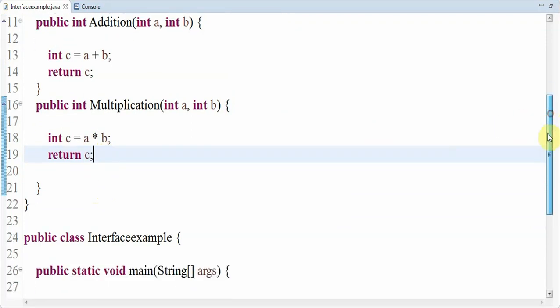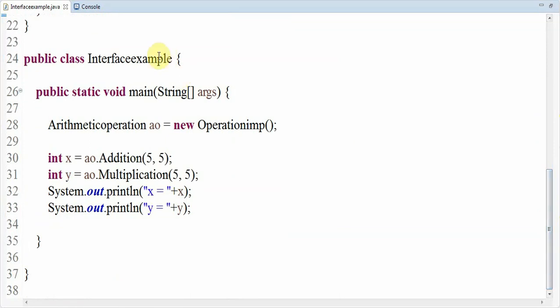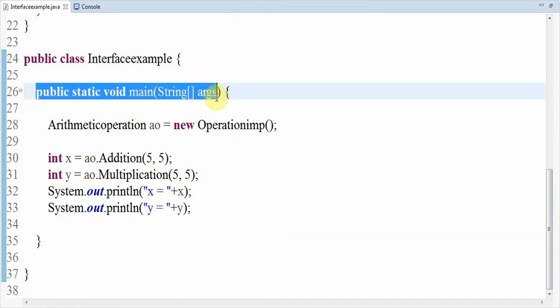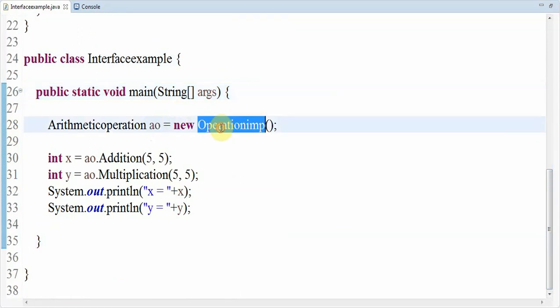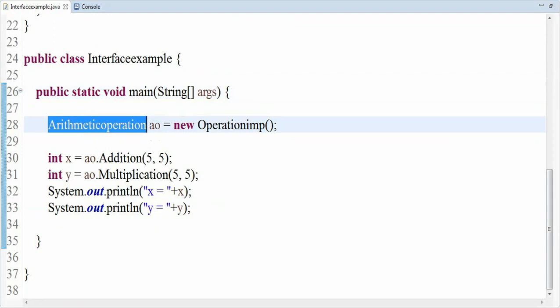I have created one more class, InterfaceExample, with public static void main. Here the execution gets started, and inside that I have created one object of the OperationImplementation class using the ArithmeticOperation interface.